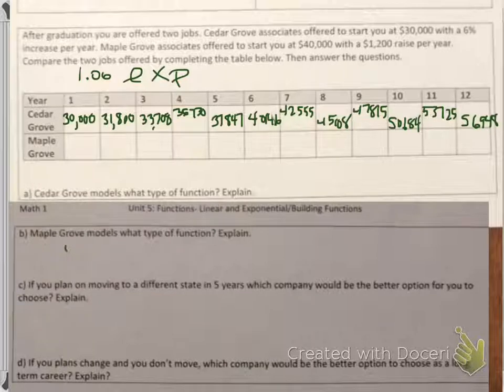Okay, Maple Grove starts us out with $40,000 a year. And then we're going to add $1,200 to it. So we know that this one's going to be linear or arithmetic. But we're going to add $1,200 to that every year. So 40,000 plus 1,200 is 41,200 plus 1,200, 42,400 plus 1,200,